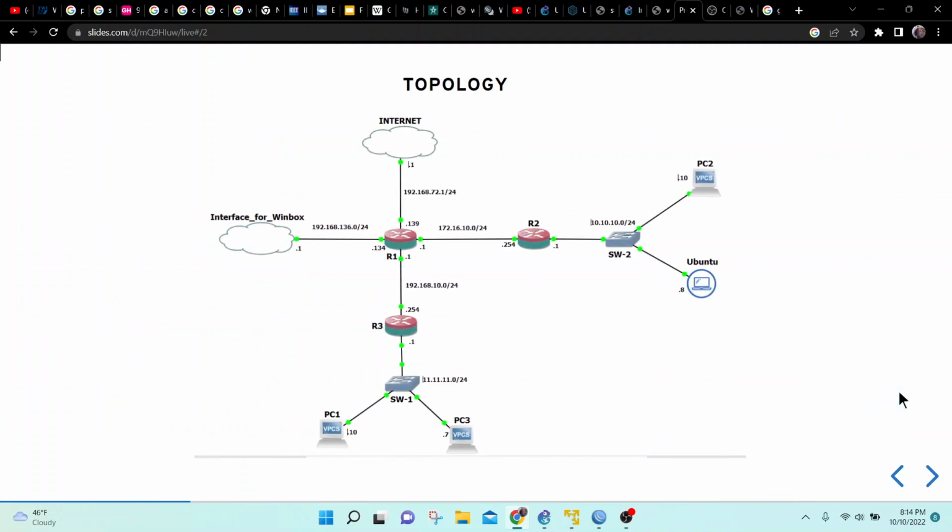Here is my topology, and in this topology you can see 3 routers, they are all MikroTik devices, and I also use 4 PCs. 3 are private PCs, and 1 is an Ubuntu from VMware. In this case, R1 is the main, like a core router, and R1 is accessing the internet,